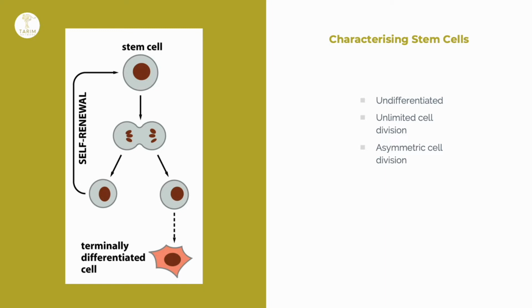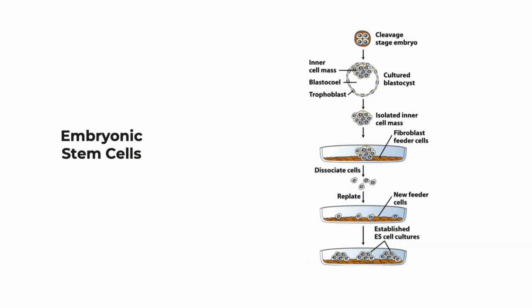So the next question we would ask ourselves is, okay, these stem cells seem to be very nice and have great potential. They're the origin of all different cell types ever found in the body. But where can we find them, and how do scientists actually work with those cells in labs? There are two different approaches to generate stem cells, the first of which is the embryonic stem cells.